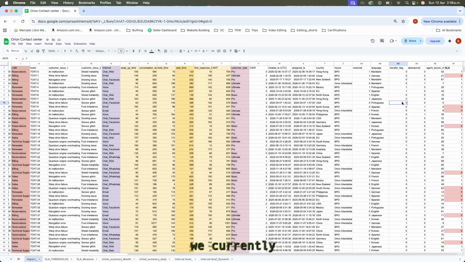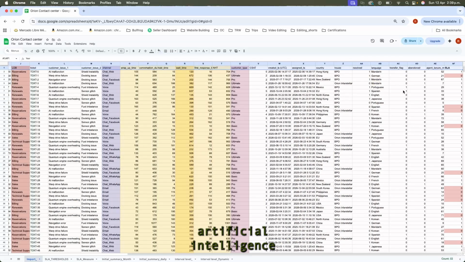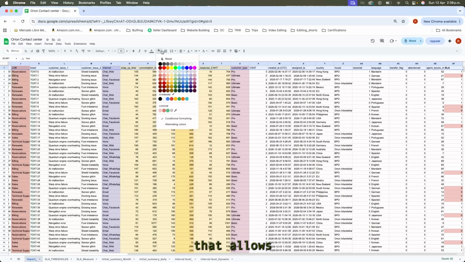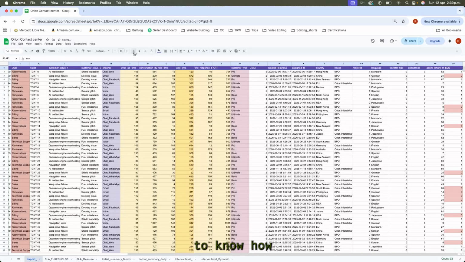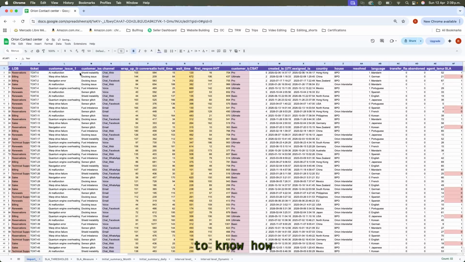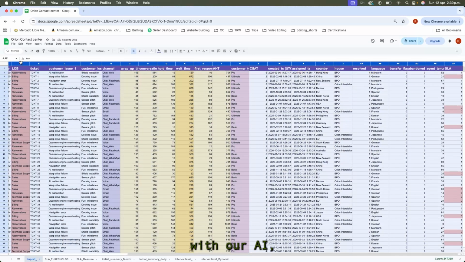Of course, we currently have tools available based on artificial intelligence that allow us to improve our skill set, but still we need to know how to leverage Google Sheets without AI, because at this point there are